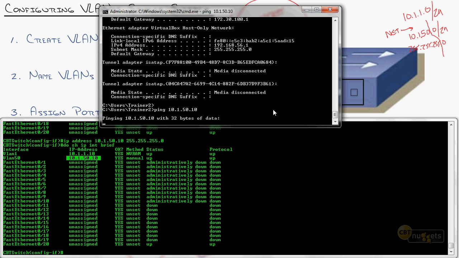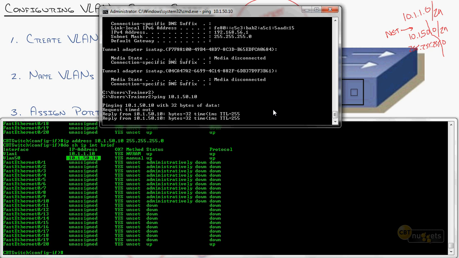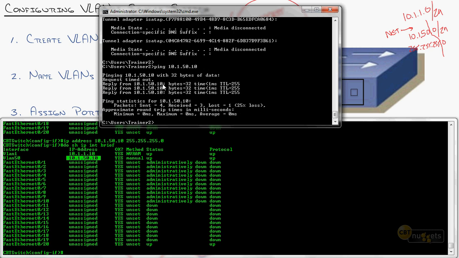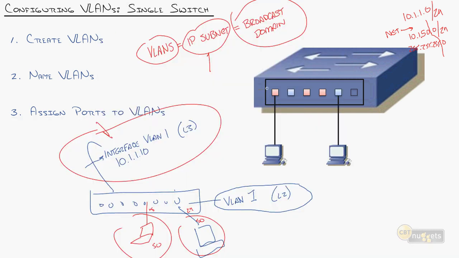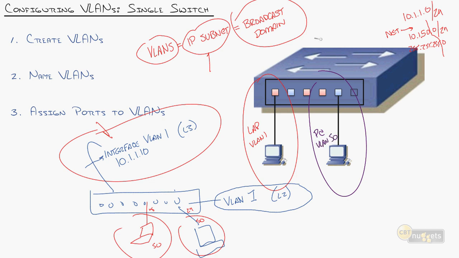10.1.50.10. Come on, give me past that first little request timeout. Oh, there we go. Because now it's saying you are now in this zone. Essentially, I've created this little separation where I've got this guy, which is my laptop, in VLAN 1. This guy, gotta have a new color for that, right? This guy is my desktop, which is in VLAN 50, and I have 2 of those little routed interfaces. VLAN 1, IP address 10.1.1.10, and VLAN 50,